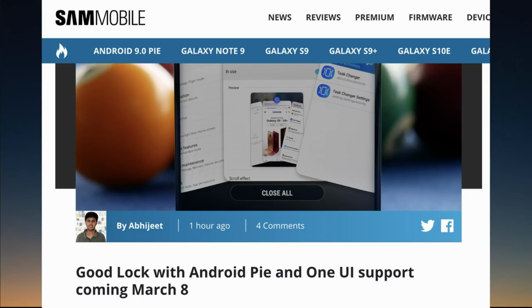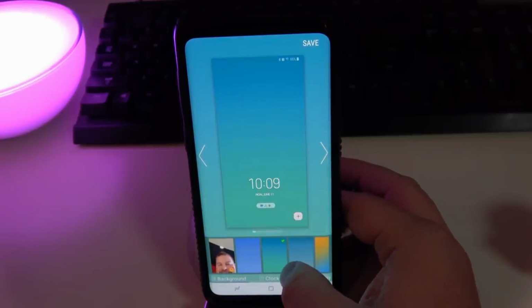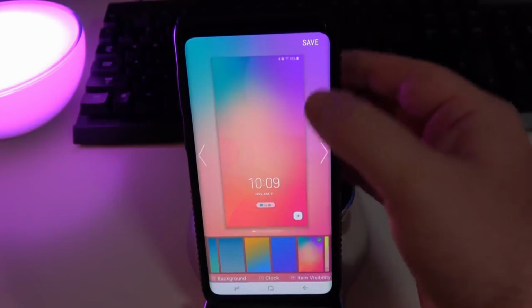And the last story of the day is sure to put a smile on a lot of you guys' faces, especially my face, and that is Good Lock support is back on March 8th. You might say it never left. Well, it had left for people that had the Android Pie Samsung One UI update, on the S8, S9, Note, whatever, any phone that had Android Pie and S10 will now get support back on March 8th. There's going to be an update for it that'll allow you to go out there and customize